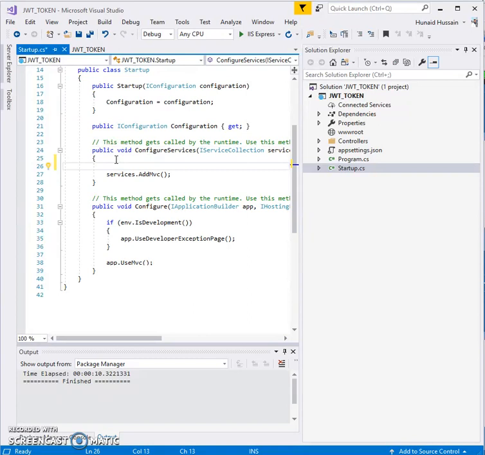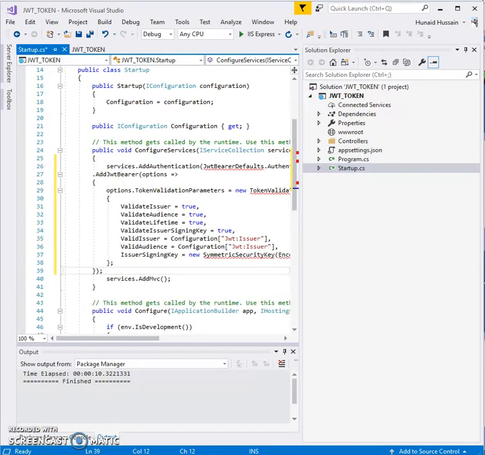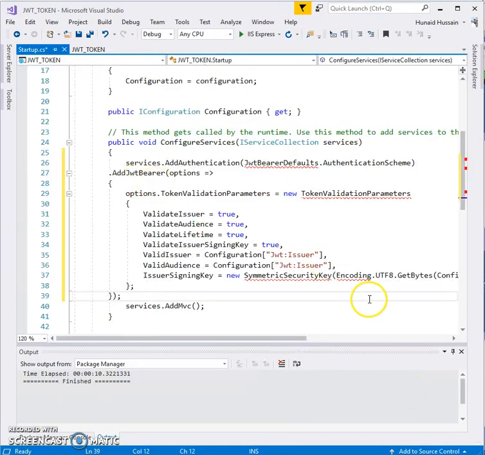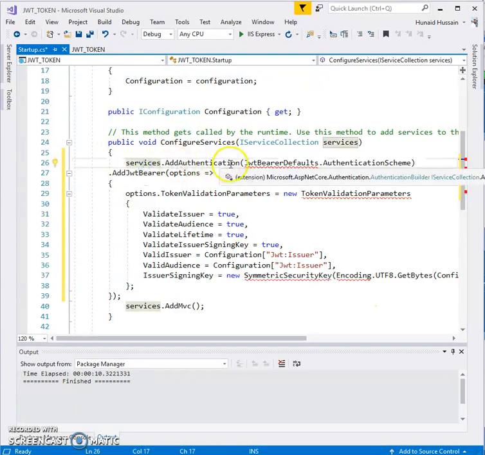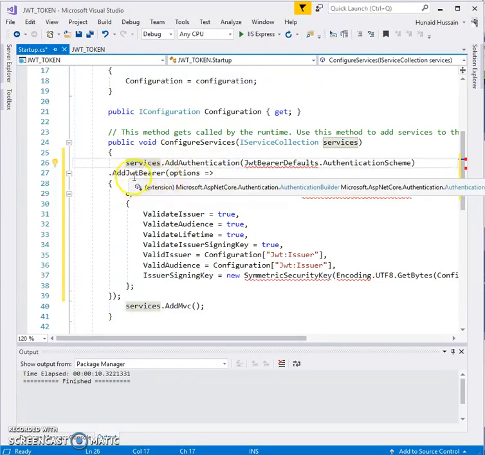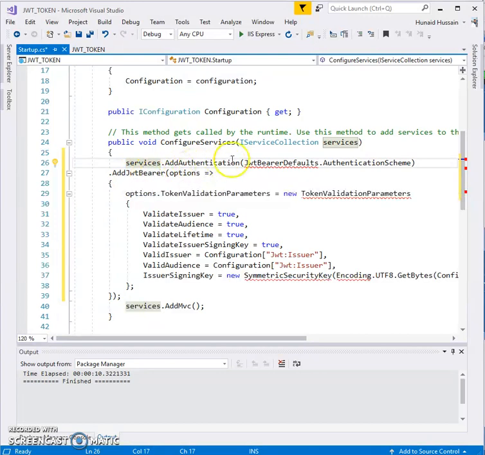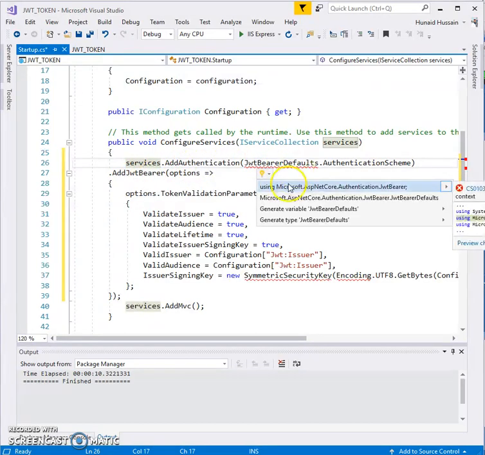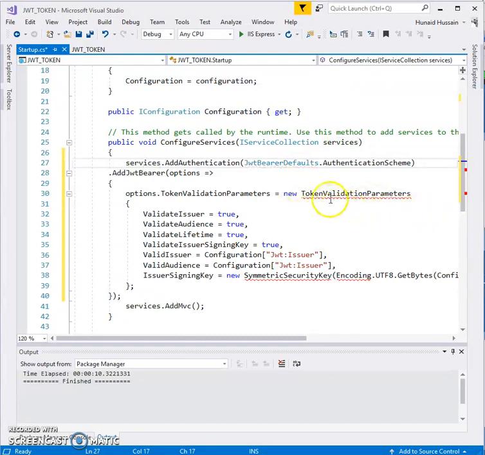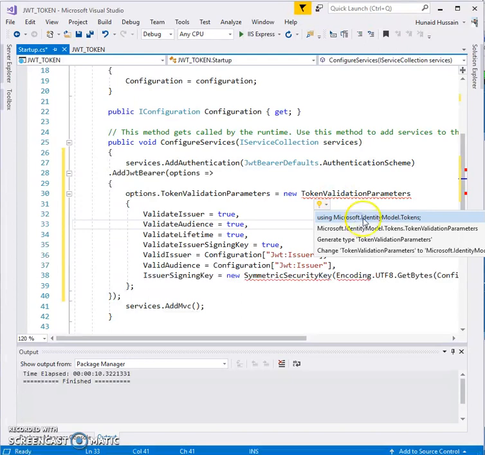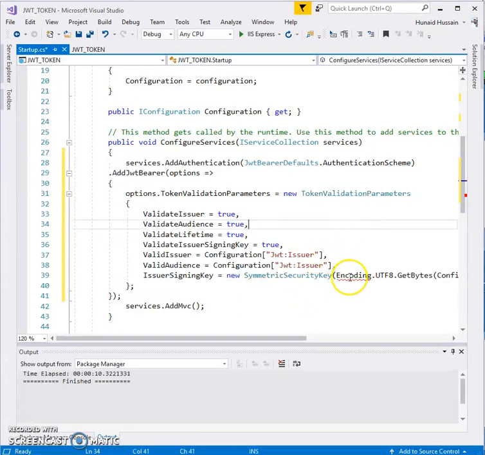We'll discuss it. So as you can see, we have pasted the JWT authentication code here. Through services, we are adding the authentication, and here we are adding the JWT bearer token. So just provide the namespaces for it: JWT bearer, IdentityModel tokens and